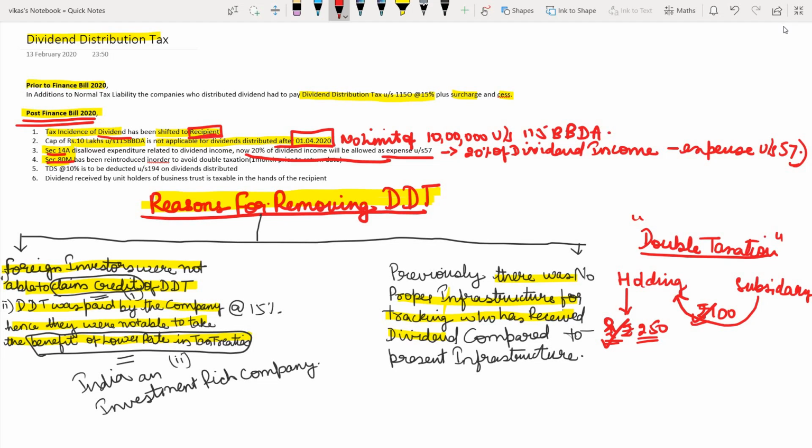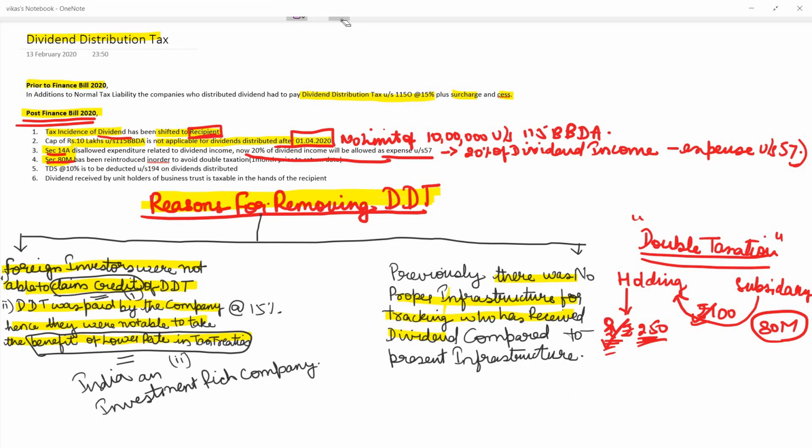The holding company is paying tax on this 100, and the shareholder is also paying tax on this 100, which is included in this 250, because of which there is a double taxation. Because of this, section 80M has been introduced, wherein it says that if the company distributes the dividend, which is not only a holding company, the section does not have any wordings regarding the holding company. It just says that if the company distributes the dividend which is received from any other domestic company on or before